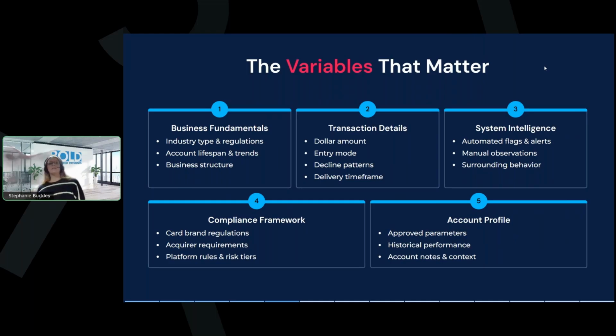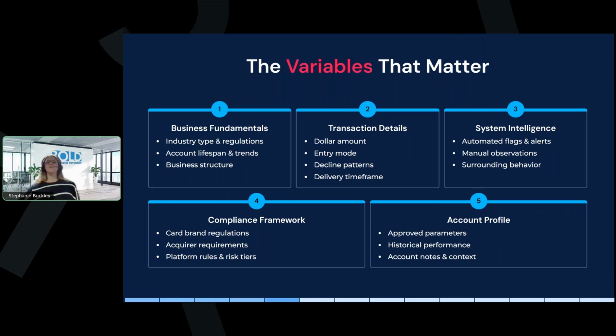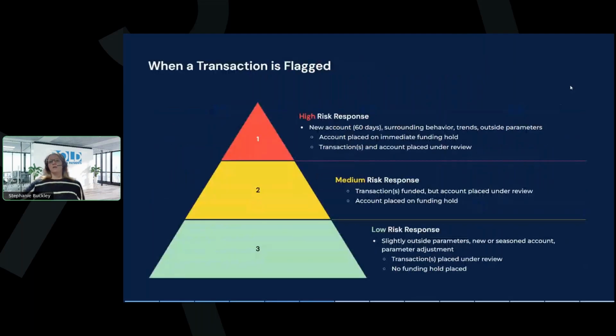They're going to take those pieces of information into account when they're doing the review, because they want to make sure that if we've already decided that this is something that you can't do, they are monitoring it until they know that you, especially the merchant, have been made aware and will not be a part of that type of activity. So there are a couple of different risk responses.